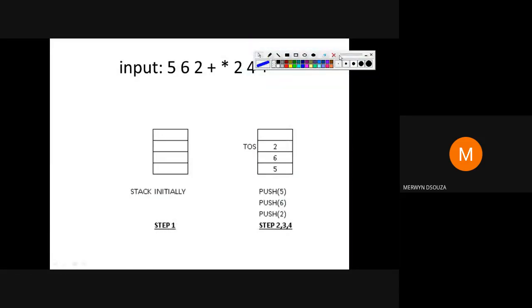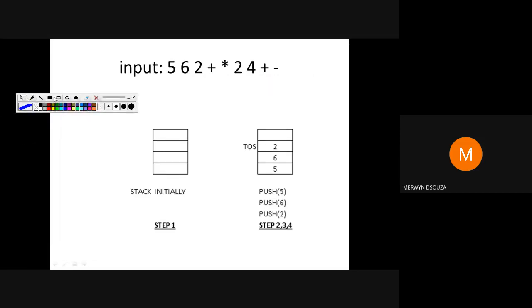So I'll show you how to solve this. As I'm solving it, you can also simultaneously do it in your books. Basically, in the beginning, you are going to have one postfix expression in this form, and this postfix expression is going to be stored in an array. It will be something like this. It's going to be there in an array.